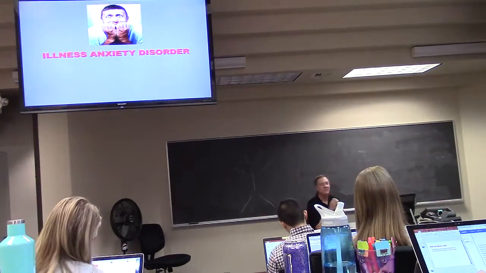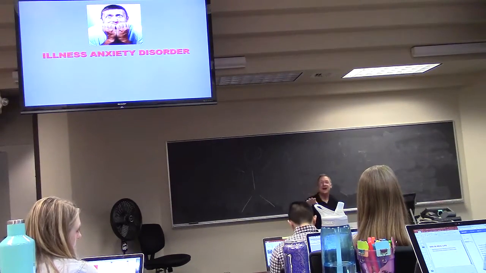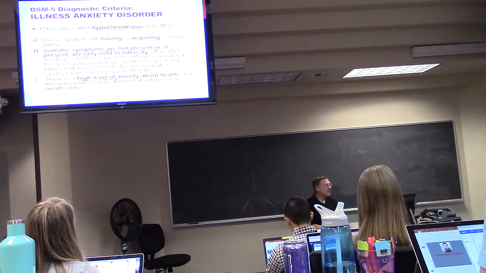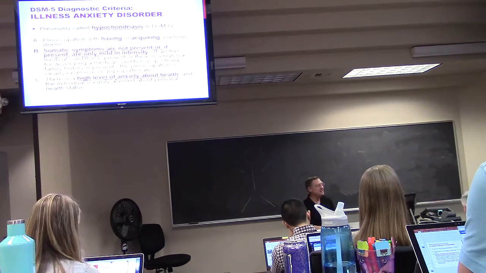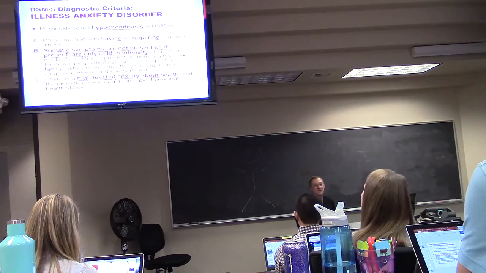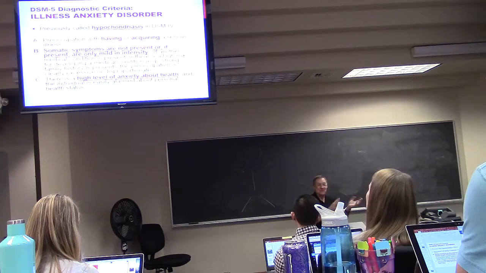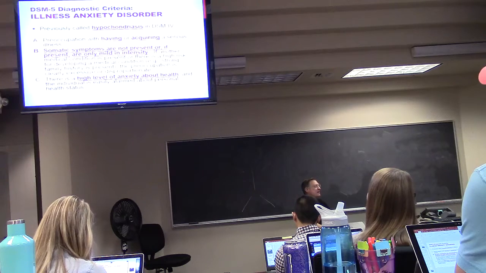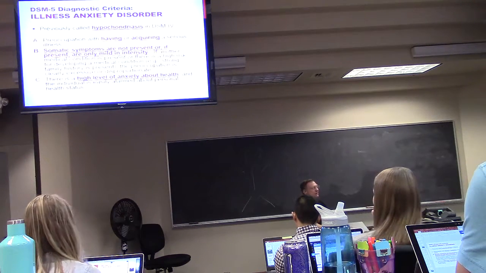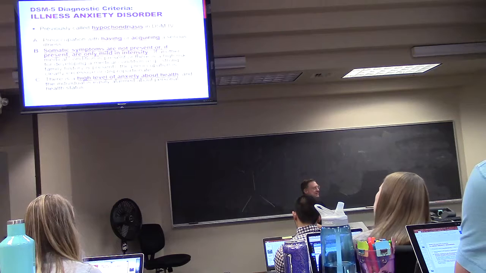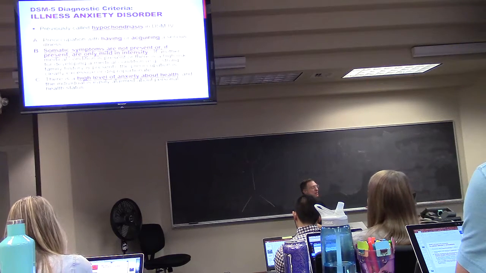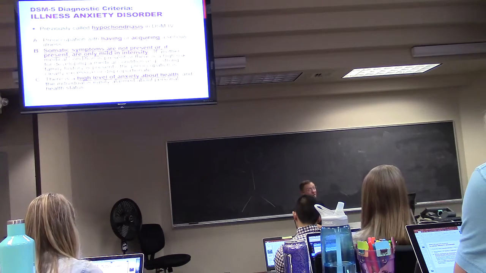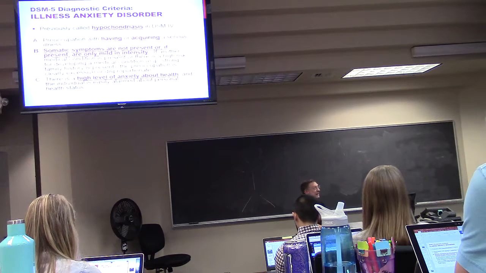Now we're going to go to illness anxiety disorder. Okay, I knew it was coming. It's all right. Previously called hypochondriasis in DSM-4, the Roman numeral. Now we're into DSM-5, the Arabic number. So we've kind of moved into a new world here. Now this one, here it is. There is a preoccupation with having a serious illness or a preoccupation with acquiring a serious illness. Either having or acquiring. They can be sick for real, or they can be worried about getting sick.